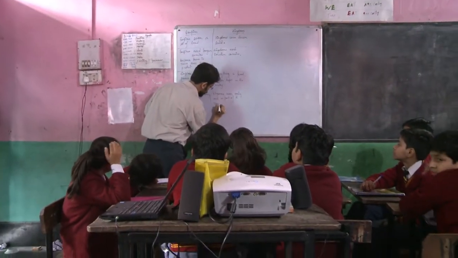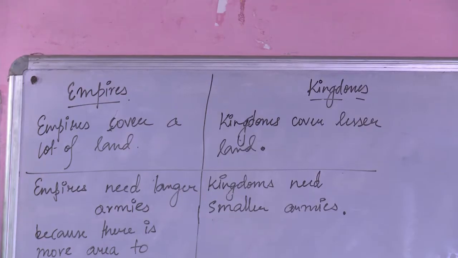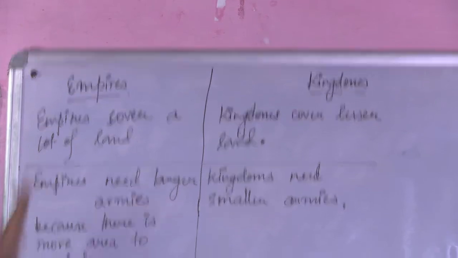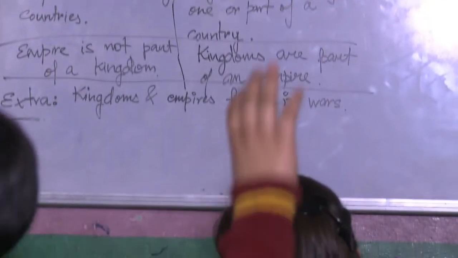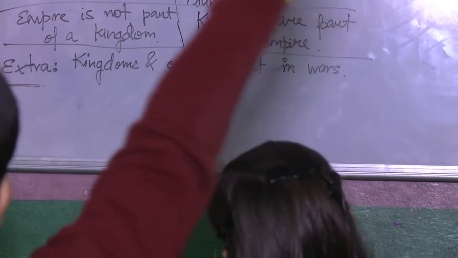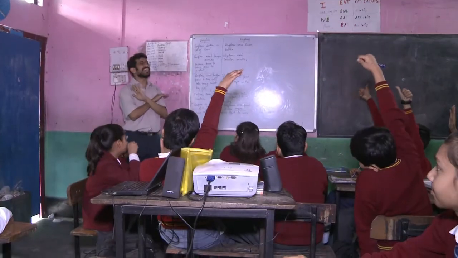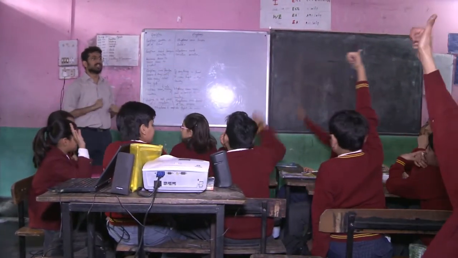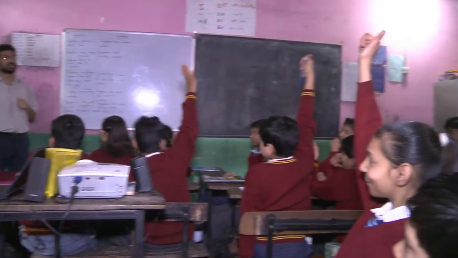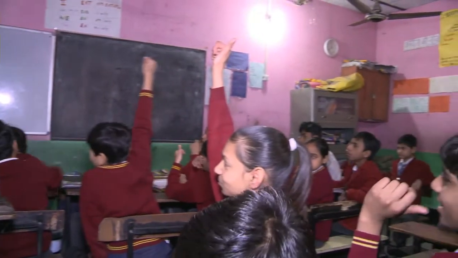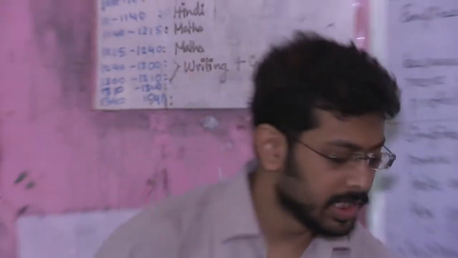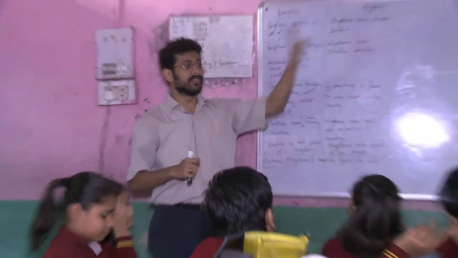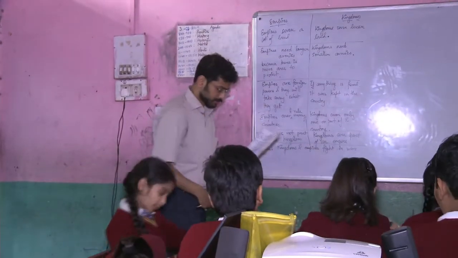How many people had some prior knowledge of this? Show me a thumbs up. Some prior knowledge about kings, kingdoms, about wars, some prior knowledge. How many people had nothing, no prior knowledge, nothing? You didn't, okay. Few students had no prior knowledge. Thank you for being honest. Okay, anyways, you may put your hands down. Now take out your pens, pencils and write down the questions that I'll be giving to you for thinking, okay?